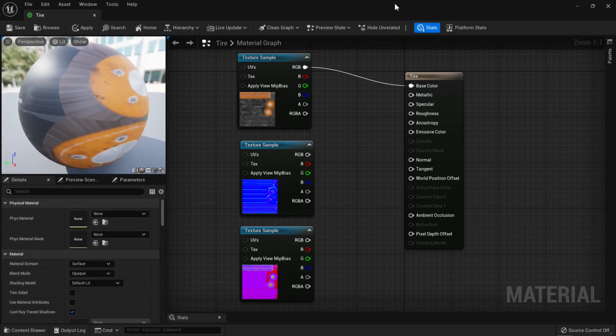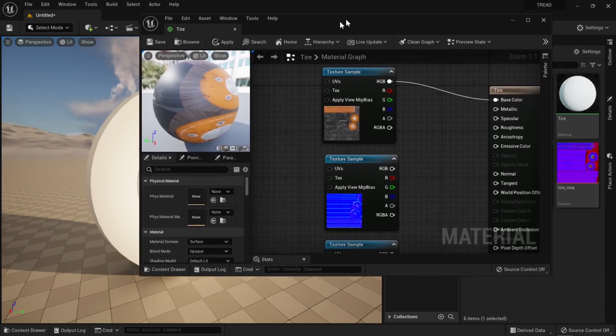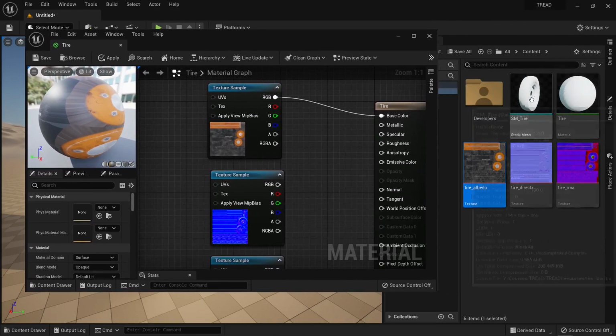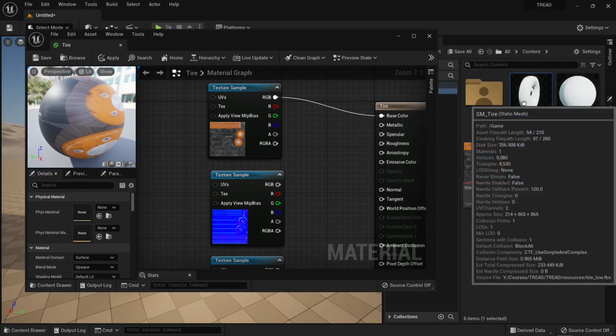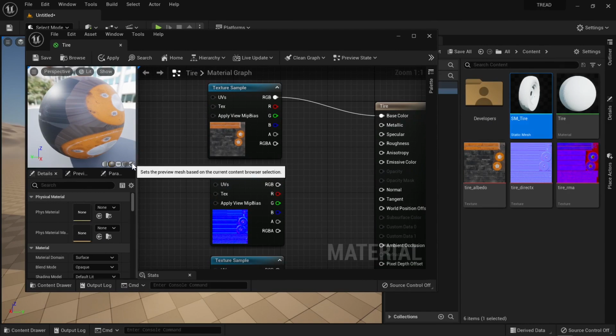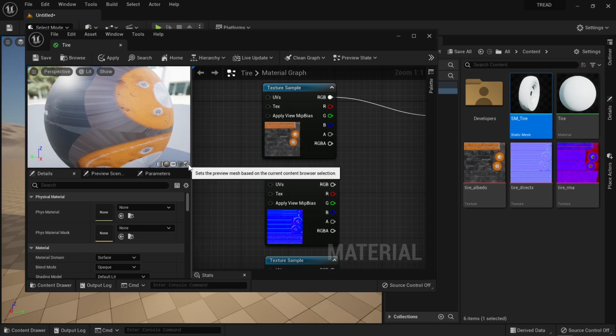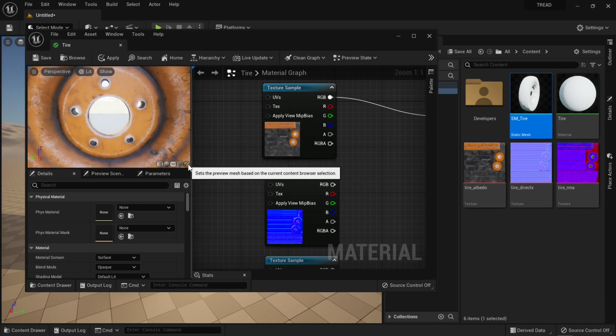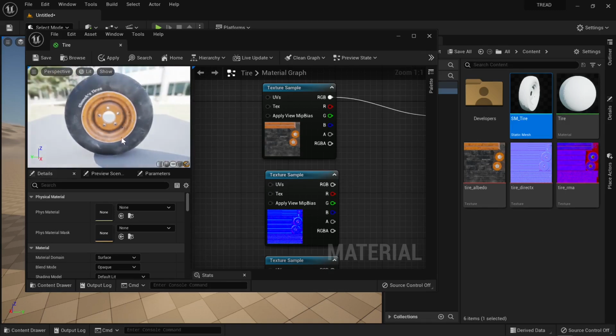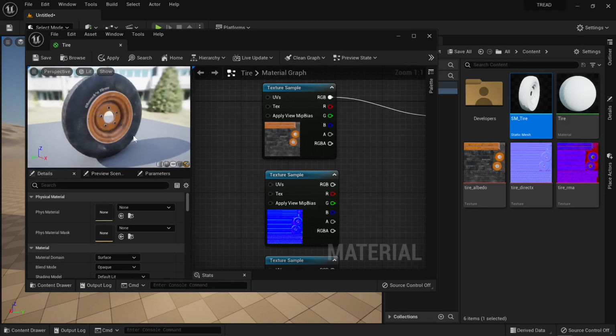And actually what we can do is also view the tire in our little preview there. So let's go and select that static mesh. And then if I come on over to our 3D view here, hopefully you can kind of see this. There's like a little cinder block, but it's going to set the preview to the mesh that we have selected in our content browser. So when I click on that, now we're going to be able to actually visualize our